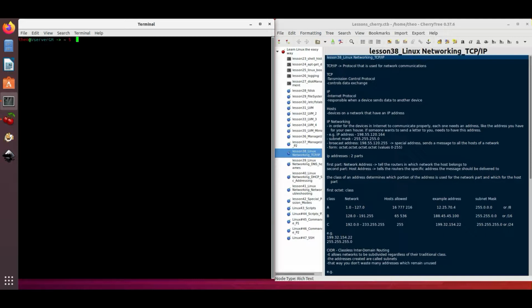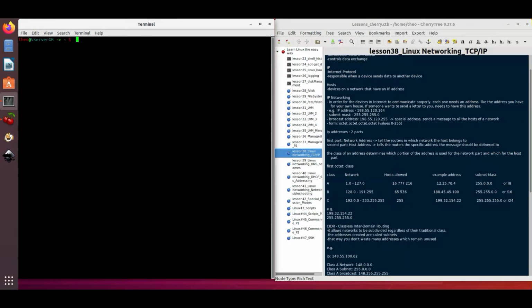When you say hosts in networking and in IT, you mean the devices on the network that have an IP address. About IP networking, in order for the devices on the Internet to communicate properly, each one needs an address, like the address you have for your own house, for example. If someone wants to send a letter to you, then he needs to have this address. An example of an IP address would be